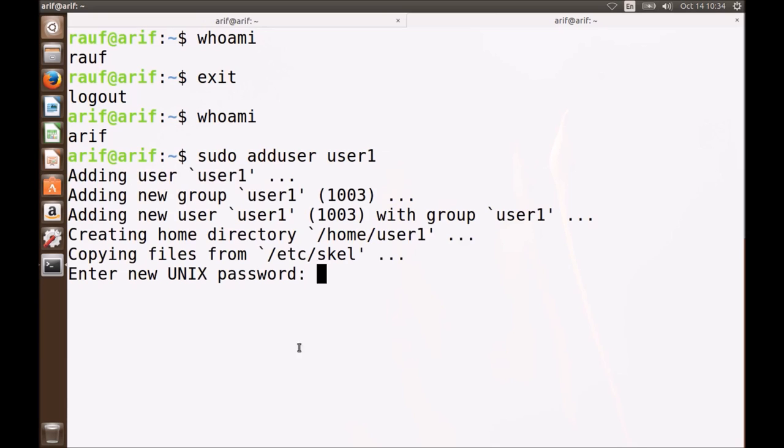Okay, so he's saying that I'm going to add a new user group user1. I'm going to add a new user1 with the primary group user1. I'm going to create the home directory /home/user1. I'm going to copy some files from /etc/skel to the home directory user1. You need to give the password of the new user,